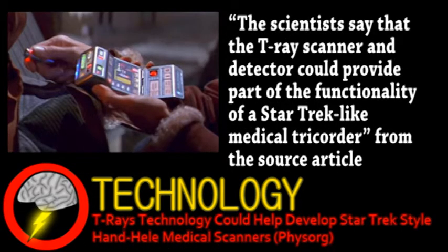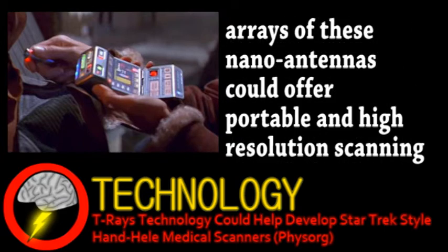They produced these T-rays by shining light onto two electrodes separated by a nanoscale gap. The interaction between the light and electricity generated the rays, with the electrodes amplifying them like nanoantennas. The scientists say scanning technology based on this could detect tumors, scan for specific molecules, and wirelessly connect to centralized